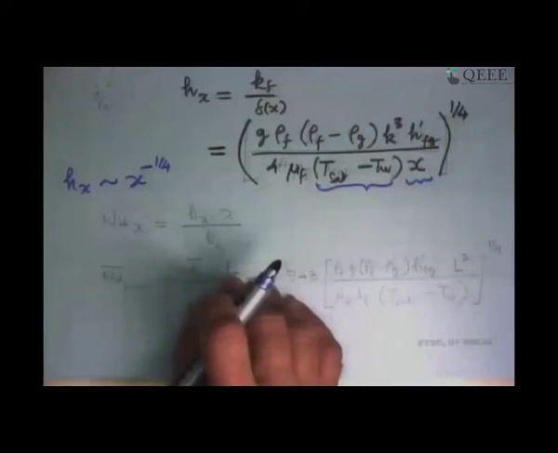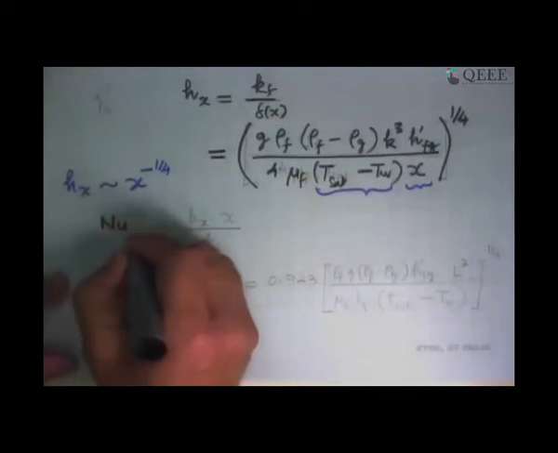So that is what is happening. The heat transfer coefficient keeps decreasing as you go down, and that's the physical way to explain it: the film was getting thicker and thicker. It became more and more of a barrier between the vapor and the wall, and this is what we were seeing there.